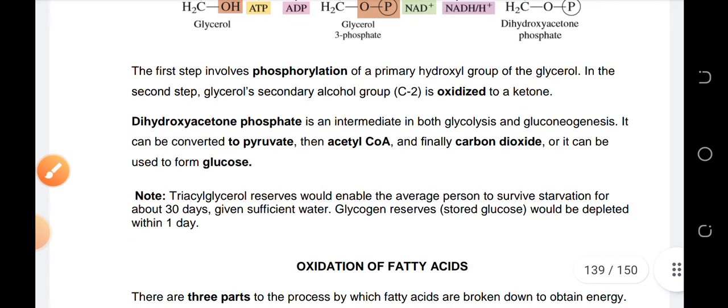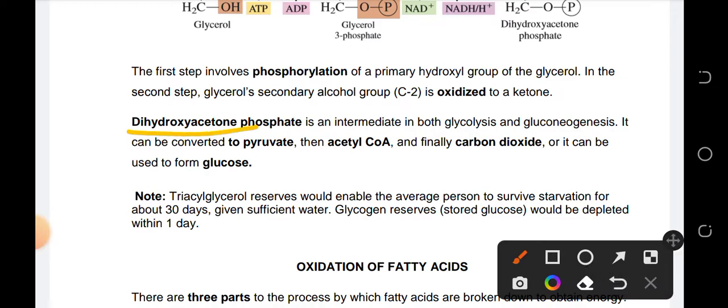Now, for this dihydroxyacetone phosphate, which is an intermediate of glycolysis and gluconeogenesis, so andun din siya sa gluconeogenesis, can be converted into a pyruvate. And of course, we know that one of the phase of pyruvate is acetyl-CoA. And then, of course, from that, magiging carbon dioxide, or it can also be used to form glucose via gluconeogenesis. So, marami siyang pwedeng puntahan na pathway. Okay? So, take note that